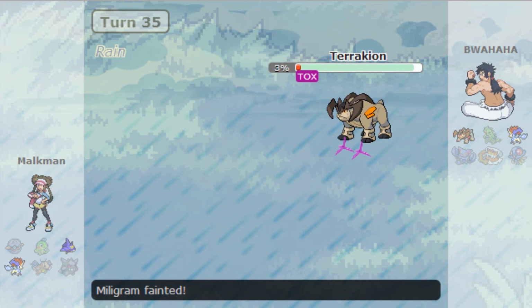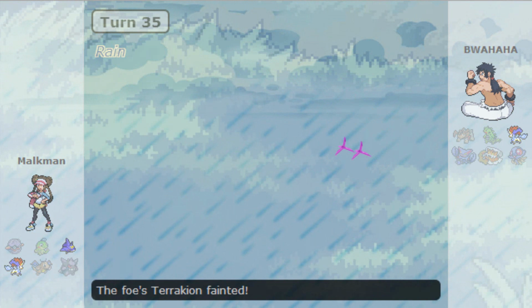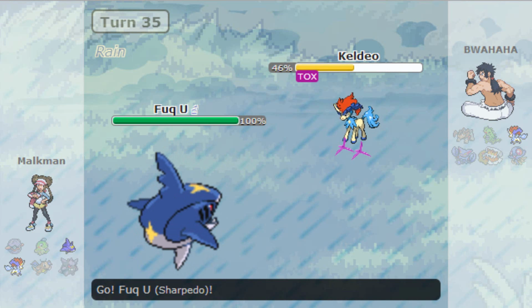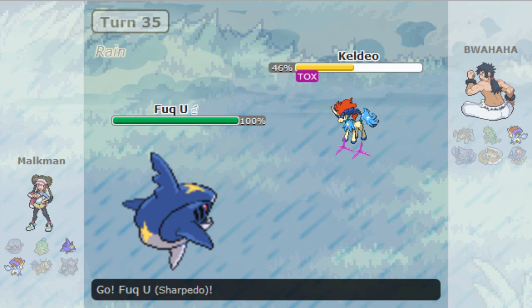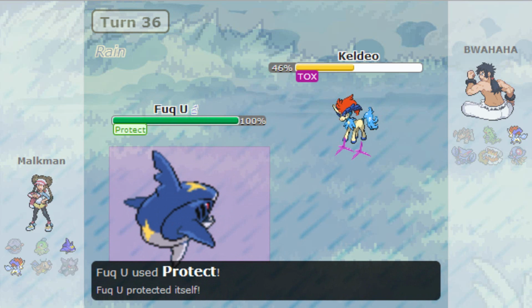It would have allowed me to have my Dragonite against his Keldeo, but it really didn't matter because his Keldeo had HP Ice, and his Terrakion is killed off by the Poison here, so it's basically just a double down. So I go, I believe, here into Keldeo. Yeah. So his last Pokemon is Keldeo, and I know this thing's Choice Scarf. No, I actually go out into Sharpedo, but yeah, this thing is Choice Scarfed, so no matter what, I'm not